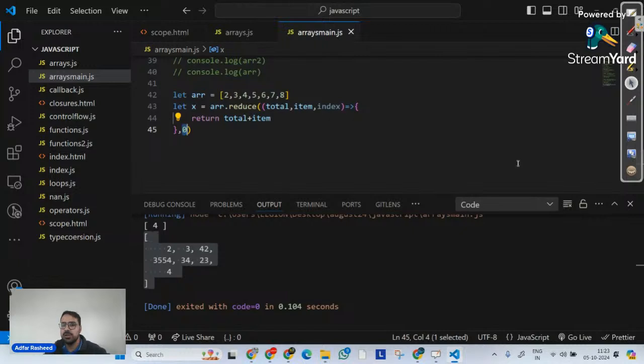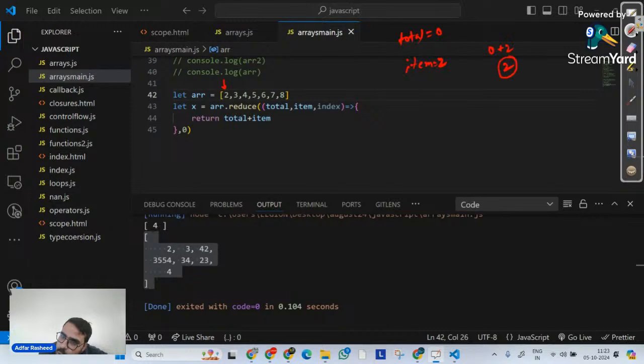Let's understand how it's going to work. I will have the first loop starting from here. So item became 2. And initially, since I have passed total is equal to 0, total is equal to 0, item became 2. And return total plus item. So 0 plus 2 is 2. Now, where will this 2 go? Will this 2 go inside the x variable?